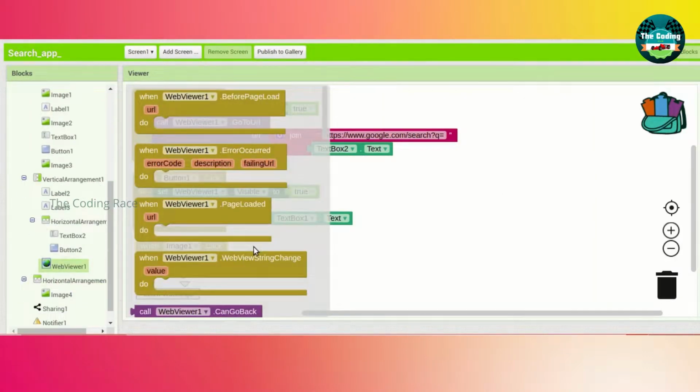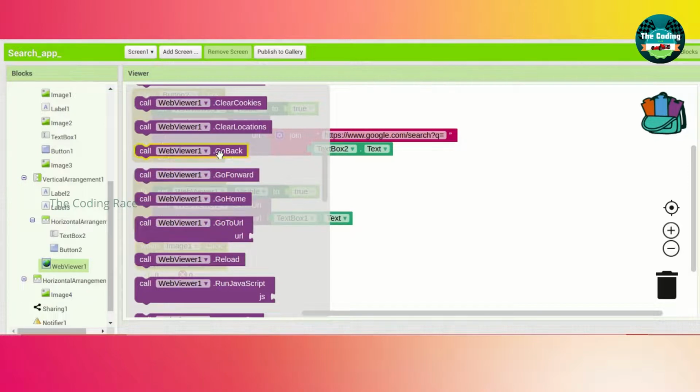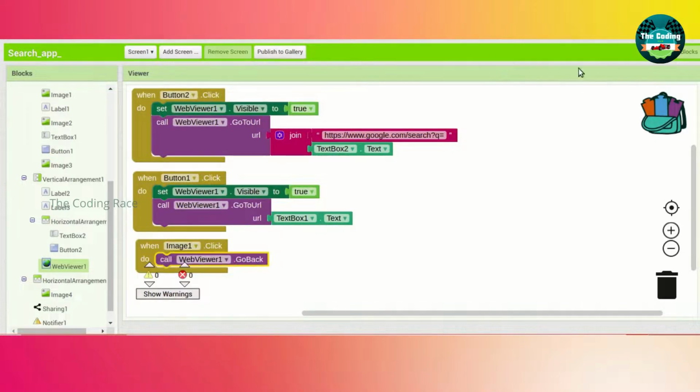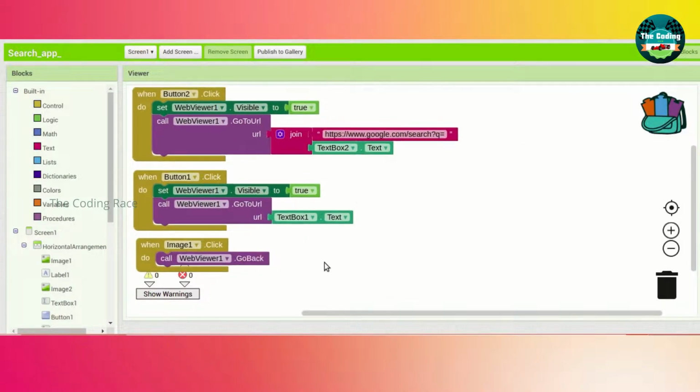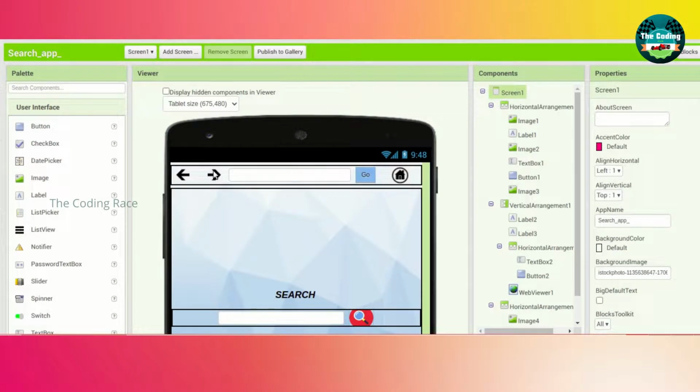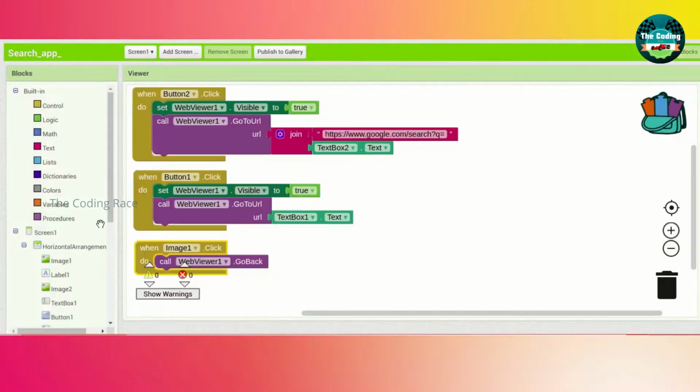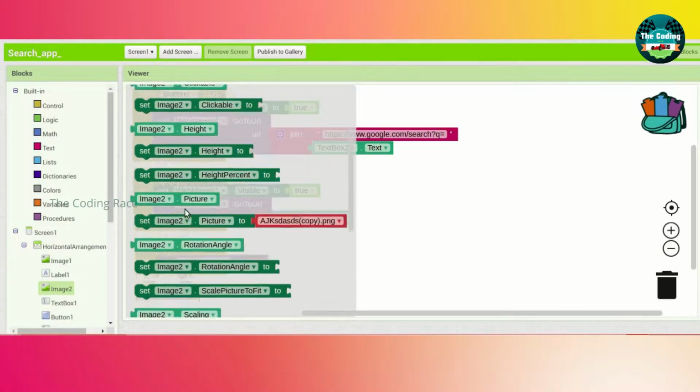Go to designs, and next we will code for image 1 and image 2, the go backward and go forward arrow icons. Go to the image 1 dot click, drag and drop it. Go to web viewer 1, drag and drop call web viewer dot go back.